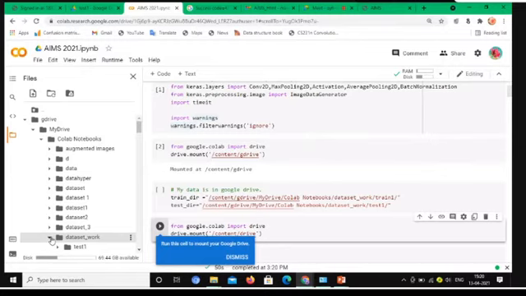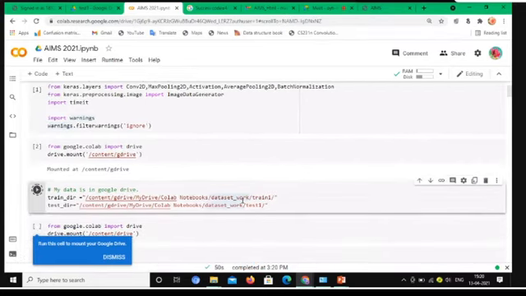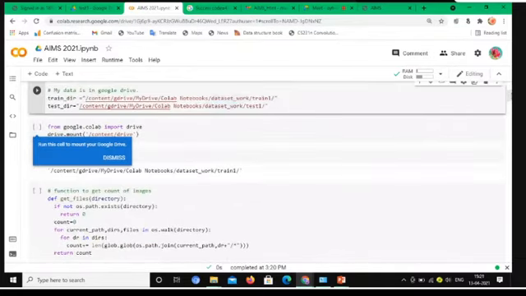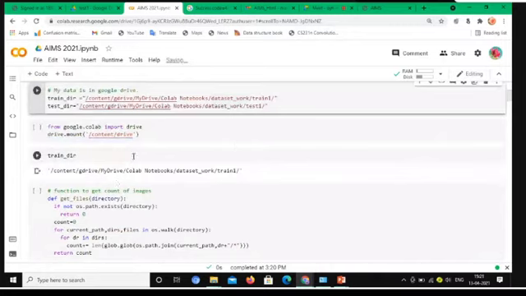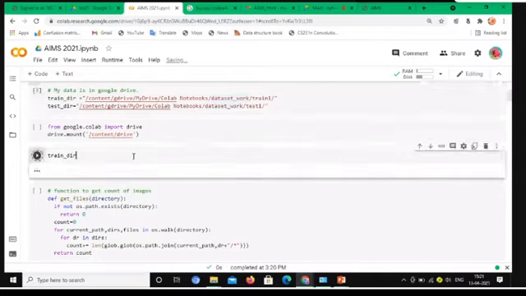If we give the correct path, it will be taken from the images. Now I can run this one and check whether the path is correct. Yes, the path is correct.